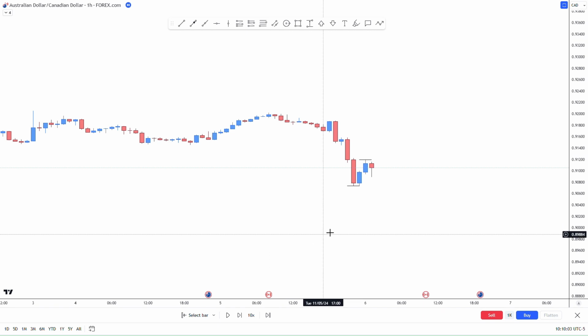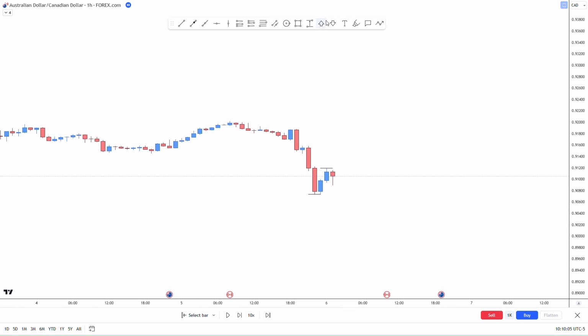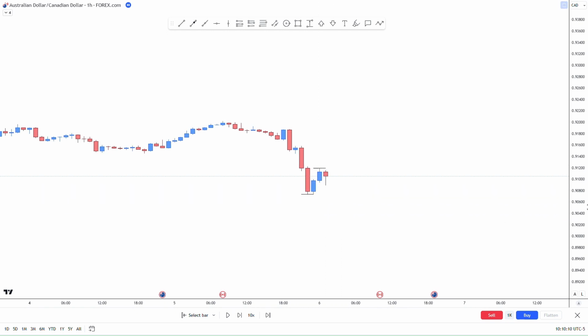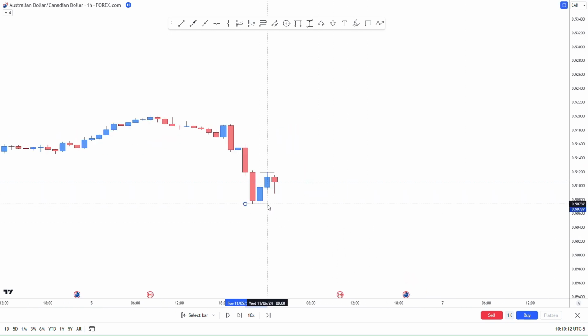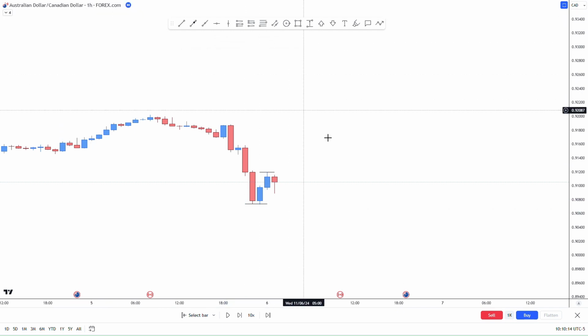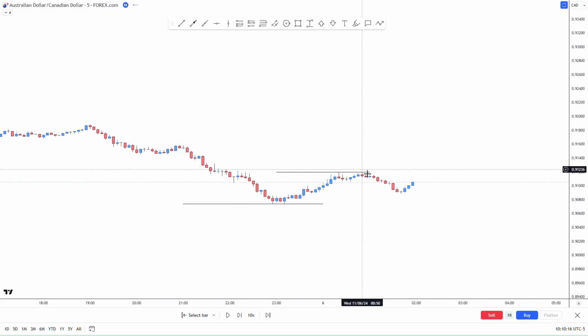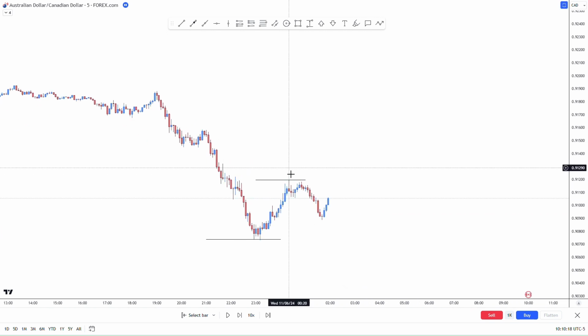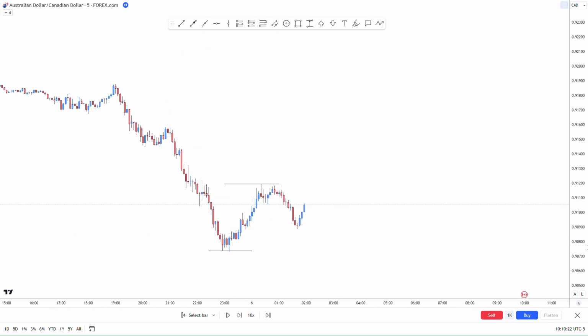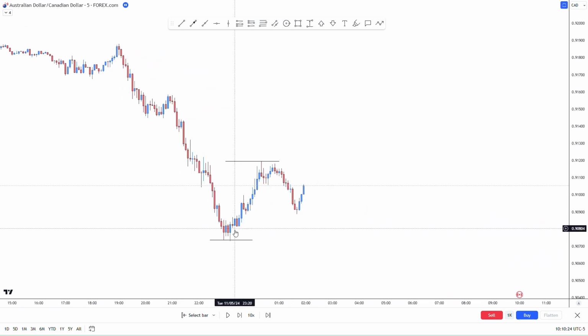Now, sorry about that, I stopped my recording. So I went back in time though. This is the structure we were just looking at, okay. Now what I was saying, this is a 1 hour chart. Let's drop down to a 5-minute chart. This could be identified as the structure, right? This is what we just drew on the 1 hour chart, okay. Now we're saying we're identifying price moving